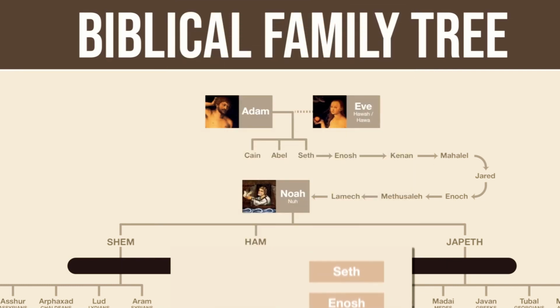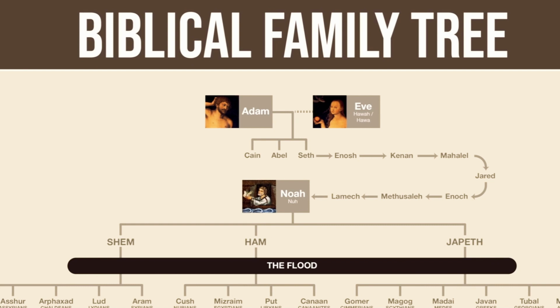This is not the only example of parallel accounts in the first 5 books of the Bible. In fact, there are lots of them, indicating that these books were pieced together from multiple sources and traditions. Again, this is a topic that I hope to cover in a separate video sometime next year. For now, let's return to the family tree.